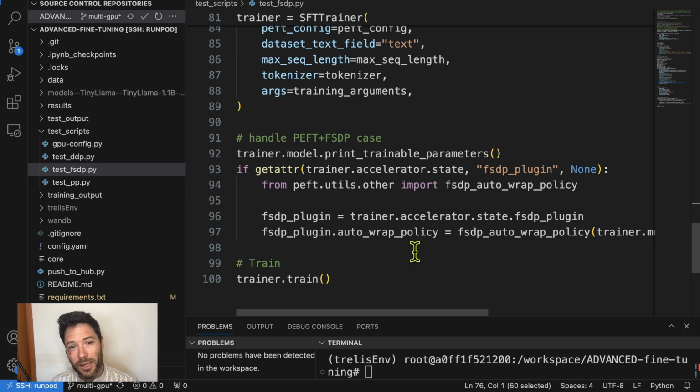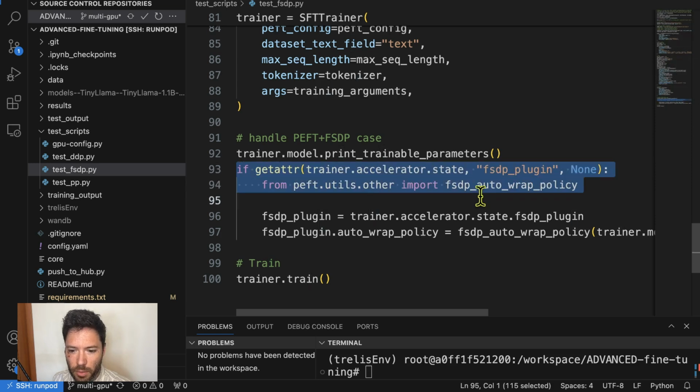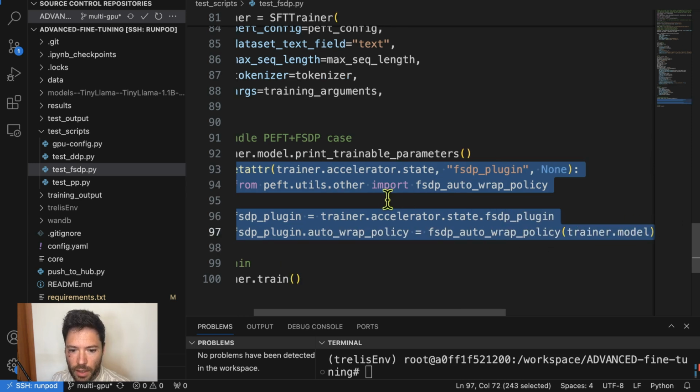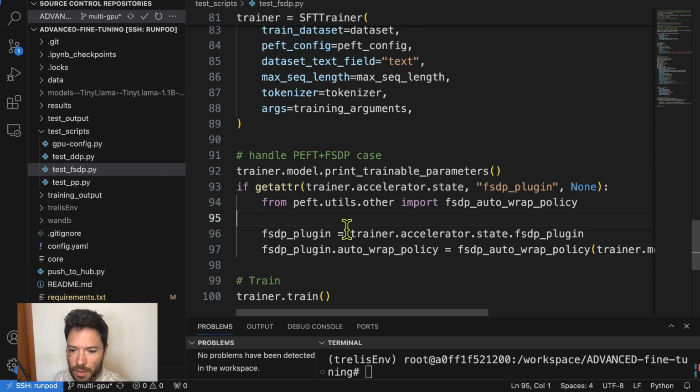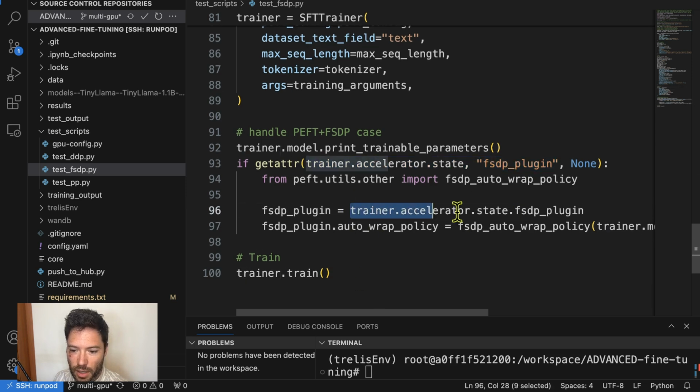So we need a way to tell the fully sharded data parallel that when it's going to be setting up the wrappers, we want to have wrappers specifically for the modules that we're going to be training, because they need to have their optimizers and gradients wrapped. So there's a little piece of code here that's going to manage that wrapping specifically for the modules that we have set to training. And this little piece of code, you can add it in after the trainer has been instantiated, and it's then going to check if there's a fully sharded data parallel plugin. So if we've set up FSDP, which we will in a second with accelerate config, then it's necessary to basically import the plugin